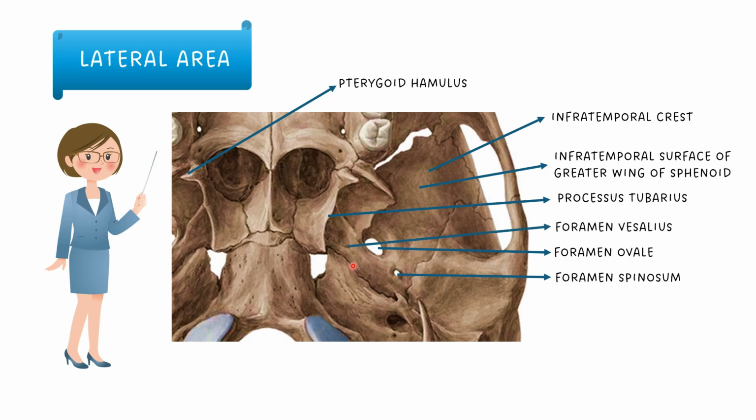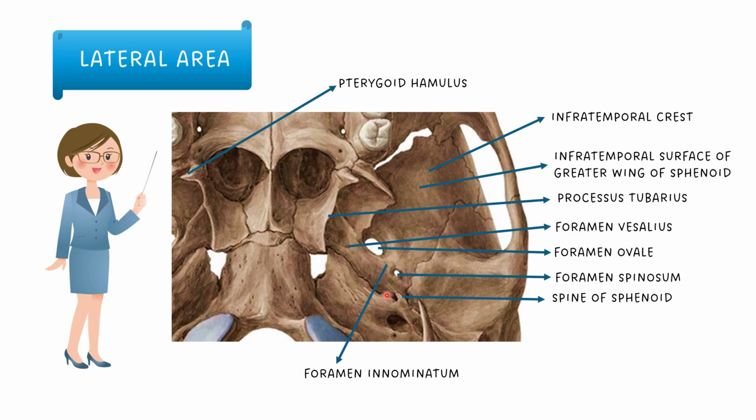The foramen of Vesalius is an infrequently seen foramen between the scaphoid fossa and the foramen ovale. The canaliculus innominatus, otherwise called the foramen innominatum, is also infrequently seen between the foramen ovale and foramen spinosum. For structures passing through these foramina, you can see my video on the foramina of the skull. The link for this video is given in the description box.